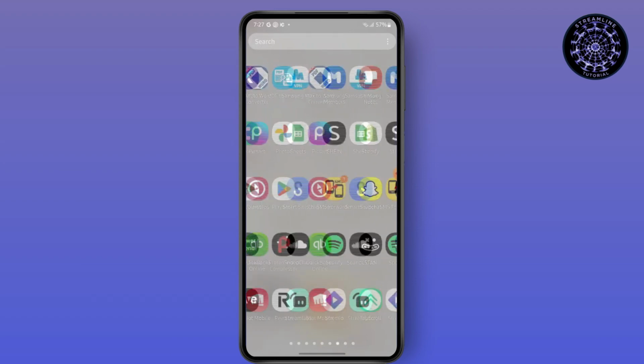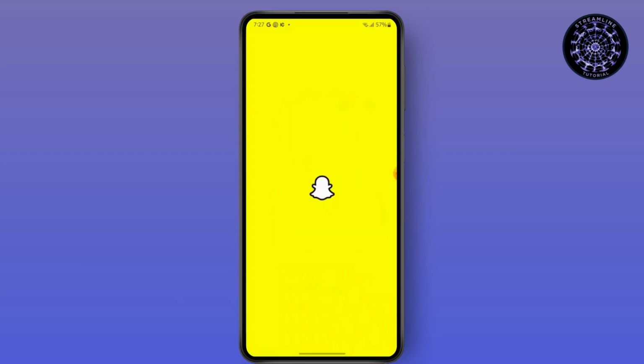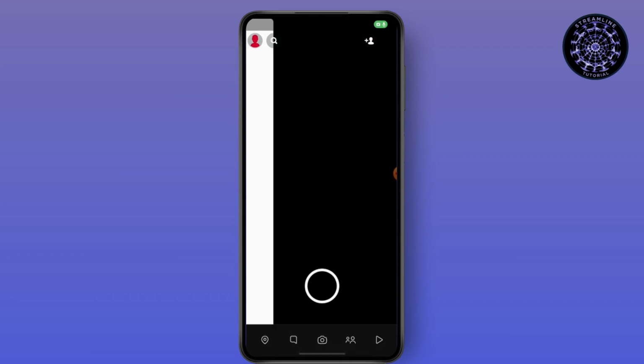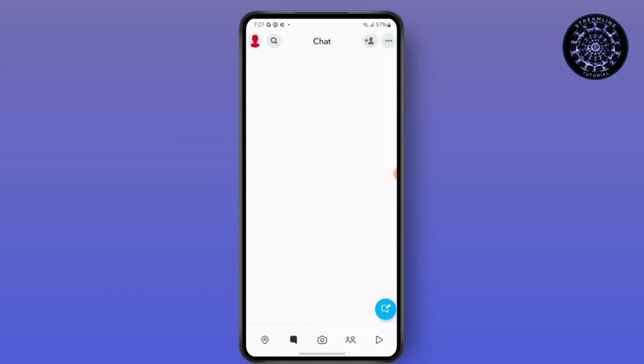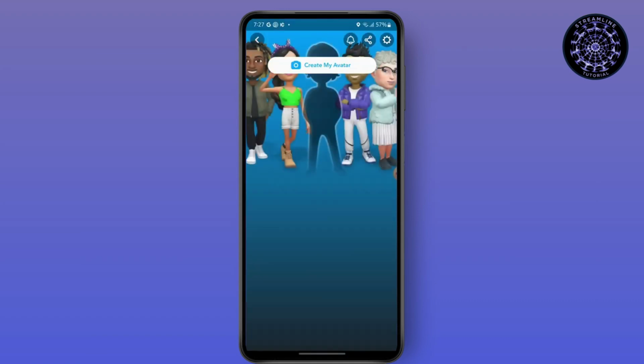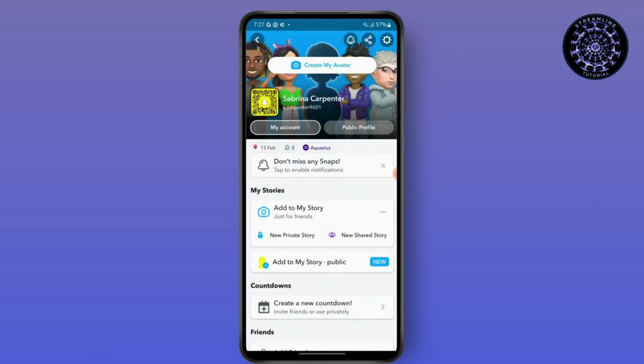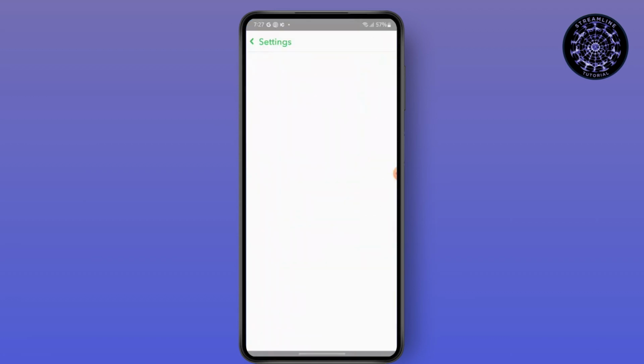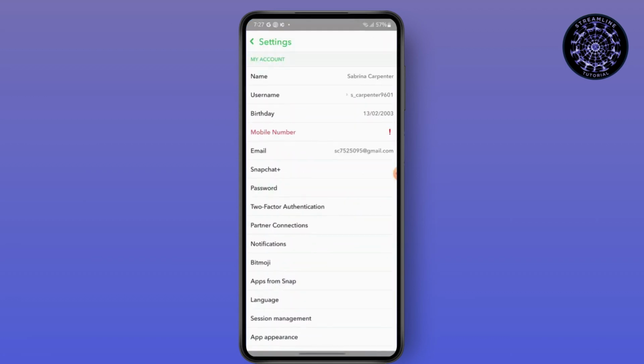So first, launch your Snapchat application. Then tap on your profile icon from the top left corner. After that, go to the gear icon from your top right corner. Then